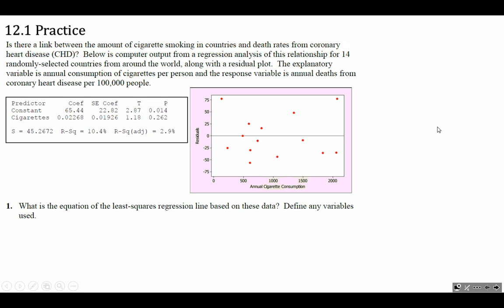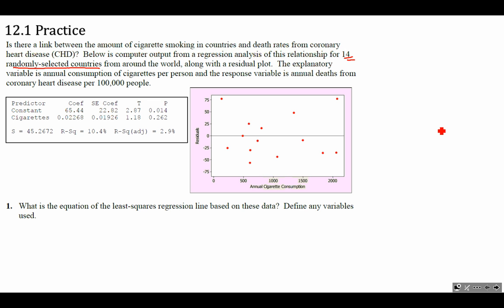So is there a link between the amount of cigarette smoking in countries and death rates from coronary heart disease? We're just going to call it CHD, coronary heart disease. Below is computer output from a regression analysis of this relationship for, sorry, not 4, but 14 randomly selected countries. So you can already see our sample size is 14 from around the world, along with a